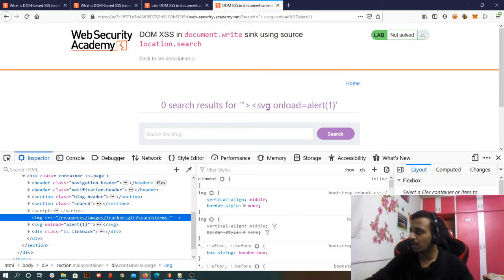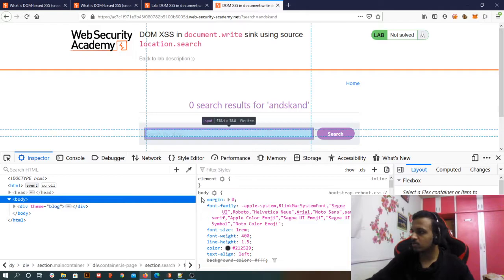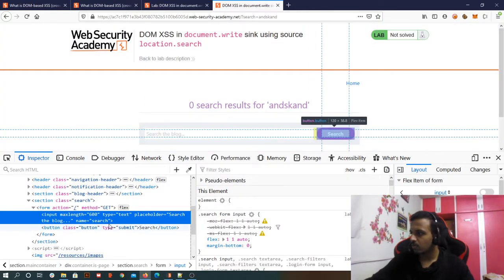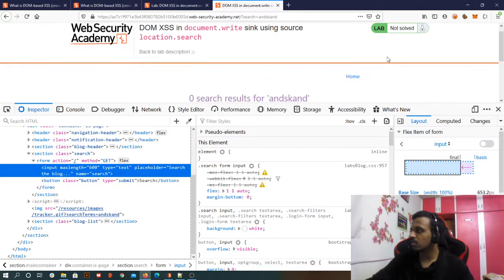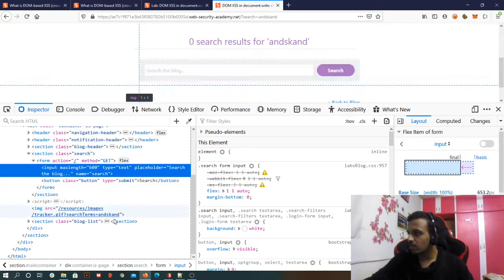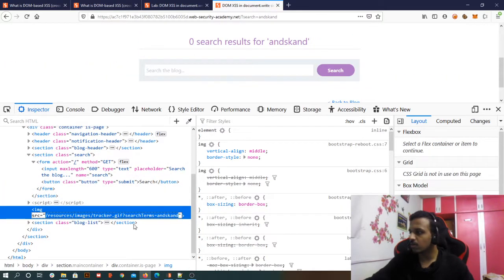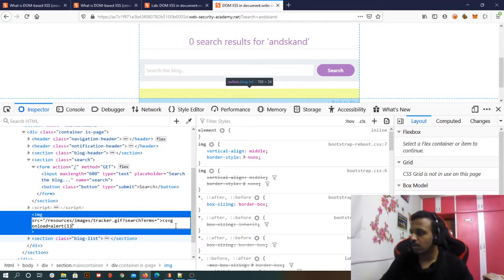So whatever value we had, let's copy it here again. Okay, let me write something, and inspect element. Where is my image? Here is my image. Now I hope you are able to see. So what is the value that we gave? Image, image, image. Where is image? Here is the image. So instead of this, we gave this value. And now here the thing is, I need to close this.